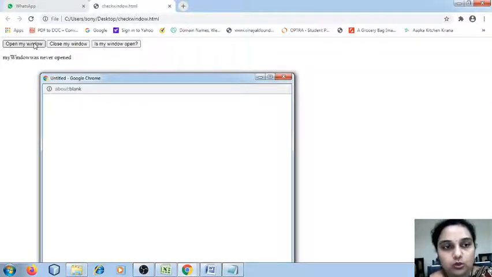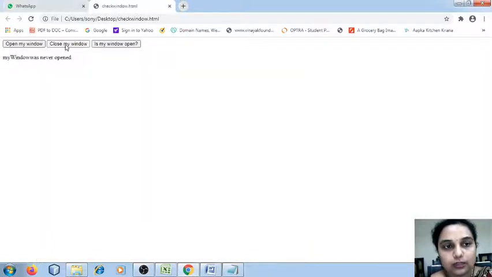Now if I want to close the window, I click on close my window, and the window is closed. Now if I check whether my window is open, previously it said my window was never opened, because I had not opened a new window. Now when I click, it says my window is closed.